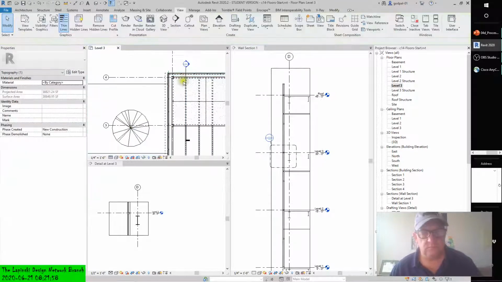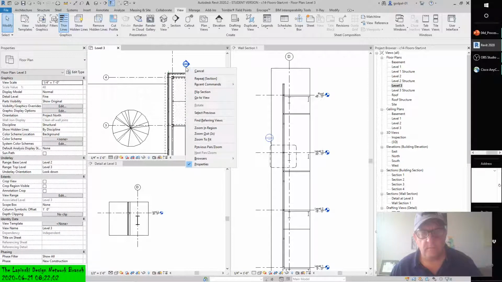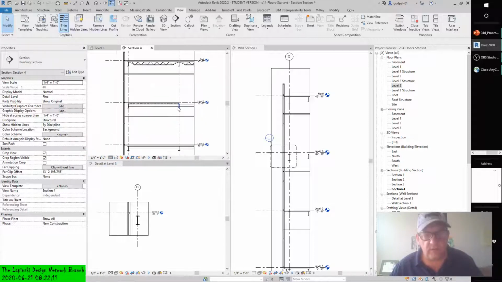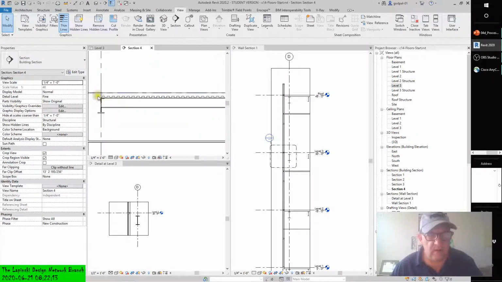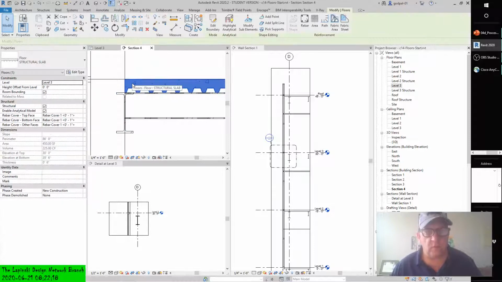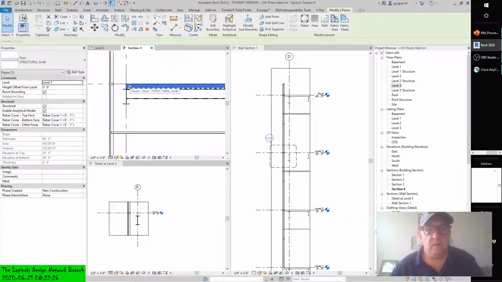Oops. Well, that's the roof. This is the third floor. Okay, so there is our corrugated metal deck. And as you see, that's the floor. And the corrugated decking extends to the midpoint of the beam, to the core of the beam. But if we were to edit that floor,